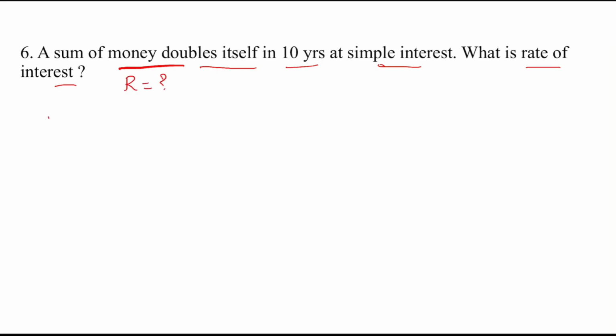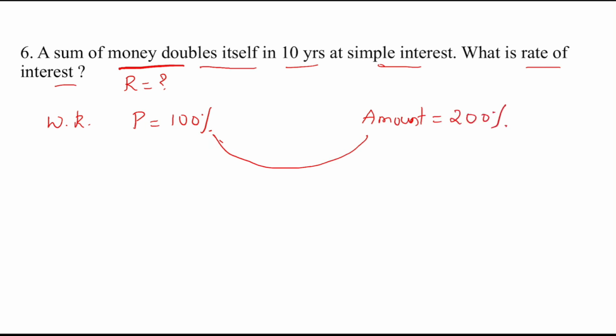We always assume that P is always 100%. So 100% is becoming double. So double means when it becomes double, it is nothing but the amount. So amount is becoming 200%, means 100% is becoming 200, 100 into 2. In 10 years it is becoming double, isn't it? So therefore